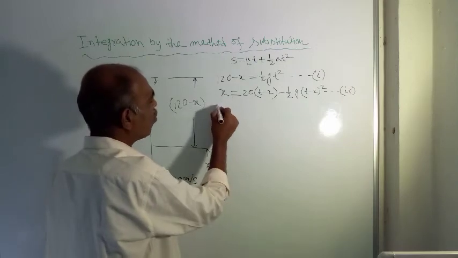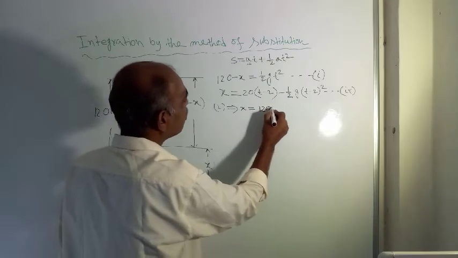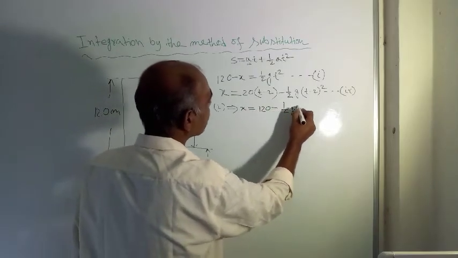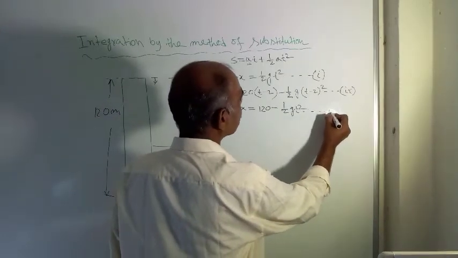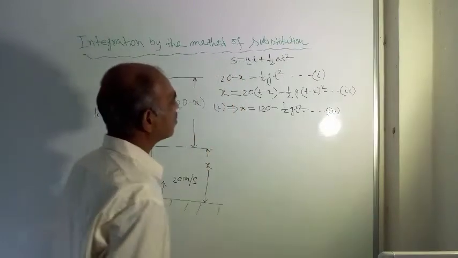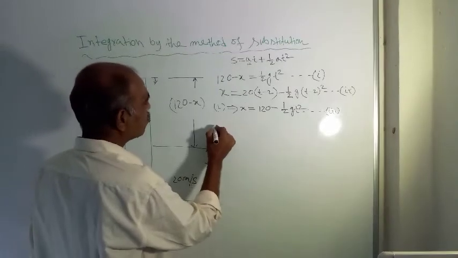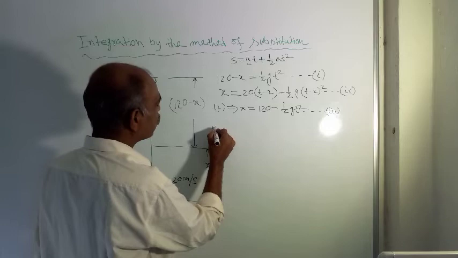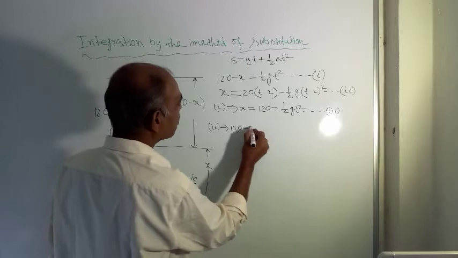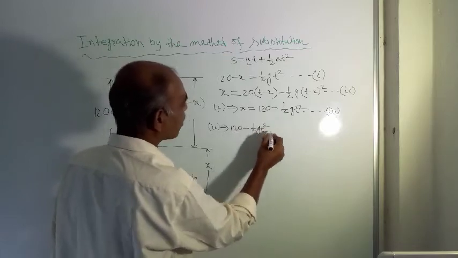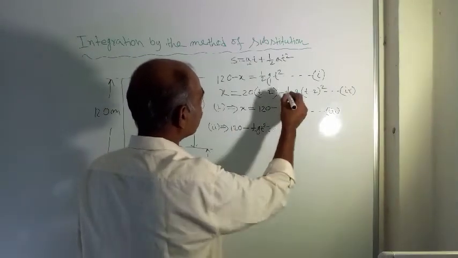So from equation number 1, we are getting x is equal to 120 minus half g t square. Say this is equation number 3. Now put this expression for x in equation number 2. So from equation number 2, what we are getting? 120 minus half g t square is equal to, now expand this one,